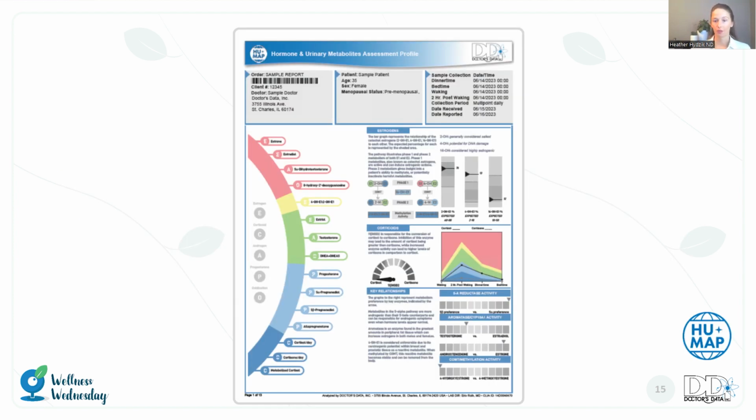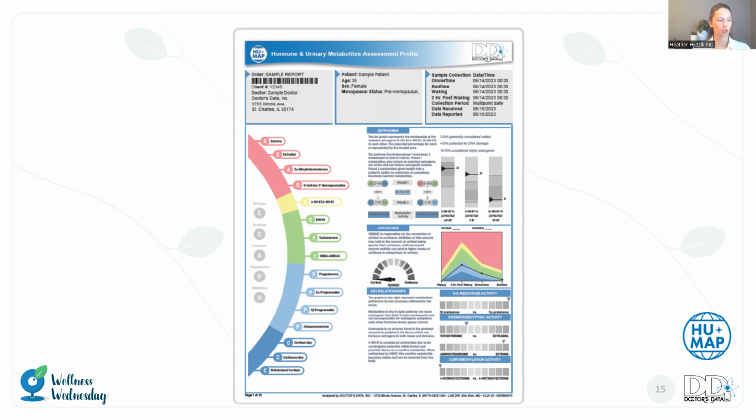The first page of the HuMap is very colorful and I think it's very attractive and beautiful. It summarizes your patient's results with color-coded visuals so that once you get used to the lay of the land here, you can just glance at this page and the clinically actionable findings are going to jump out at you. And once I give you a tour, this should feel much less overwhelming. Right now, it's just looking like a lot of colors, but I will walk you through this and then you will feel confident